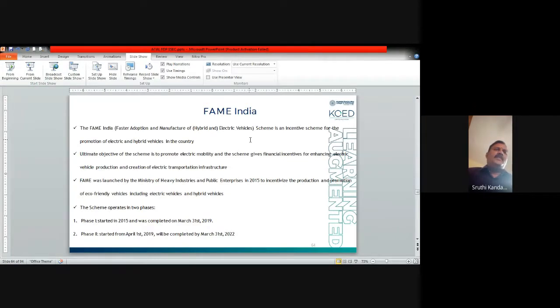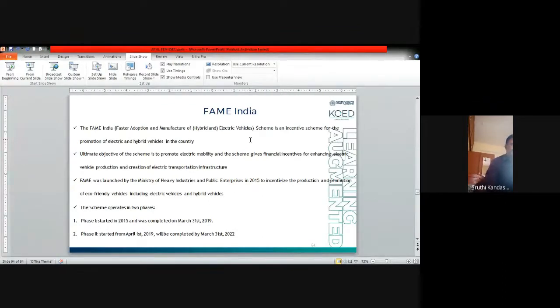The FAME India scheme is an incentive scheme for the promotion of hybrid electric vehicle technology in India. The ultimate objective of the scheme is to promote electric mobility, and the scheme gives financial incentives for encouraging consumers to use electric vehicles. FAME was launched by the Ministry of Heavy Industries and Public Enterprises in 2015